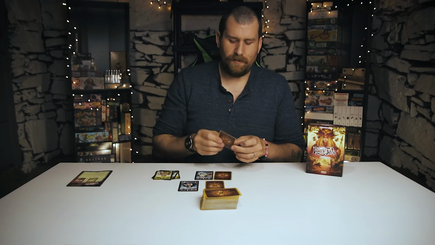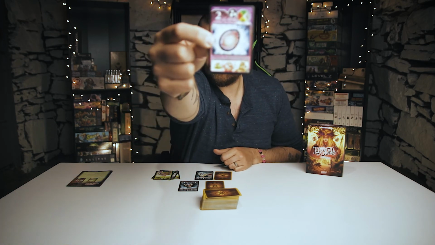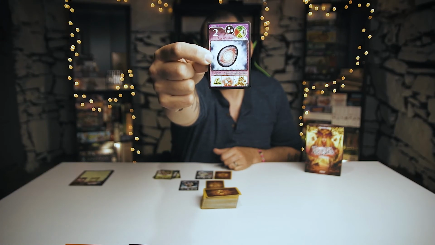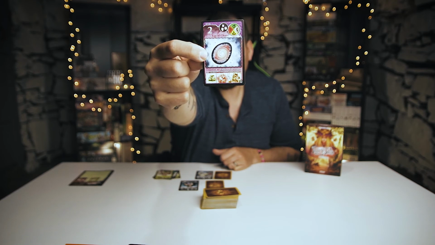Then you've got this one here, which is a fun one. This is the Egg of Chaos. There are 3 of these in the entire deck. And if you look at the top there, it counts as all 3 card types and all 3 factions, which